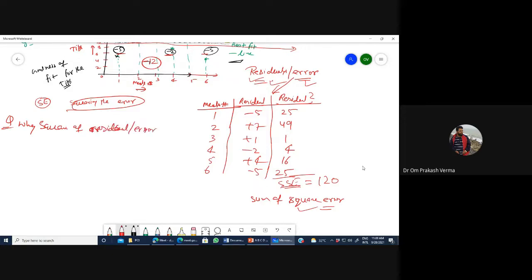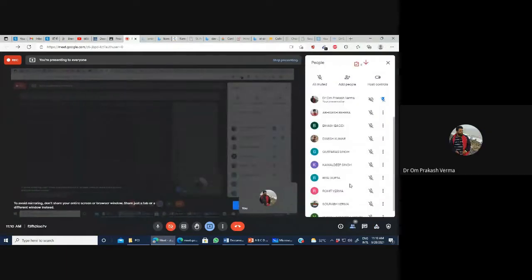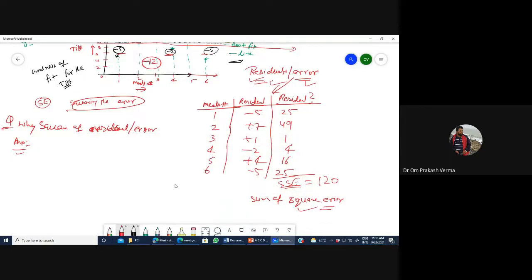Anyone want to give the answer? So to find the root mean square. Sorry? To find the root mean value. Root mean value, okay. Why do you want to find the root mean value? What is its physical significance?